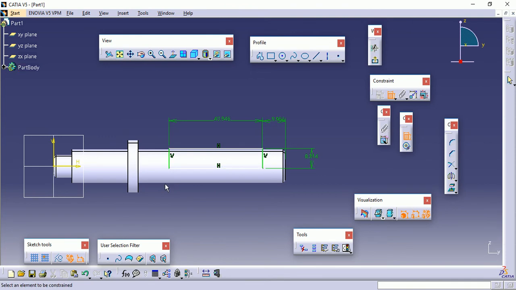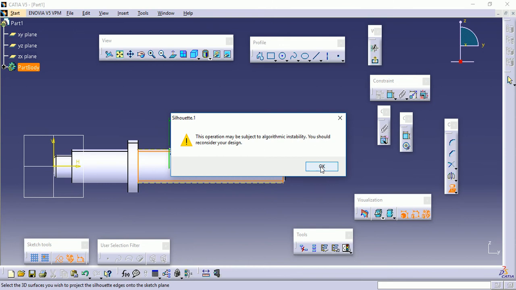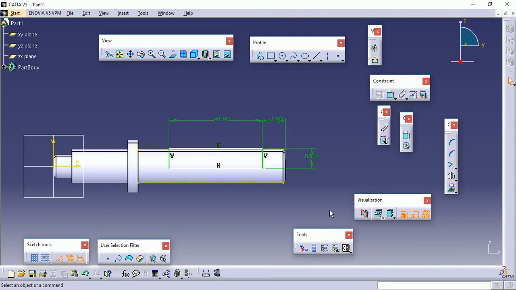Now here we can see that if we want to give a dimension, we are not getting any reference here. The reason is that this is not a circular, sorry, straight edge. So in order to give it a dimension, we have to trace a reference line here. And for that we have an option of project 3D silhouette curve. So we have to go here and create it in a construction form, since we have to use it only for a reference line. Now here we can see we have got a reference construction line, and taking its reference we can give the dimension and constrain this sketch.